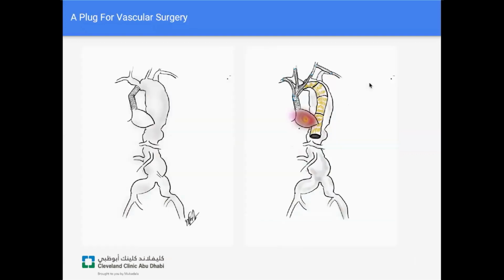I'd like to finish with a plug for vascular surgery. We, as a field, operate in both the open and endovascular realm. I chose this field because it gave me the opportunity to operate all over the body and in all body cavities. This patient presented with a contained rupture of a thoracoabdominal aortic aneurysm.